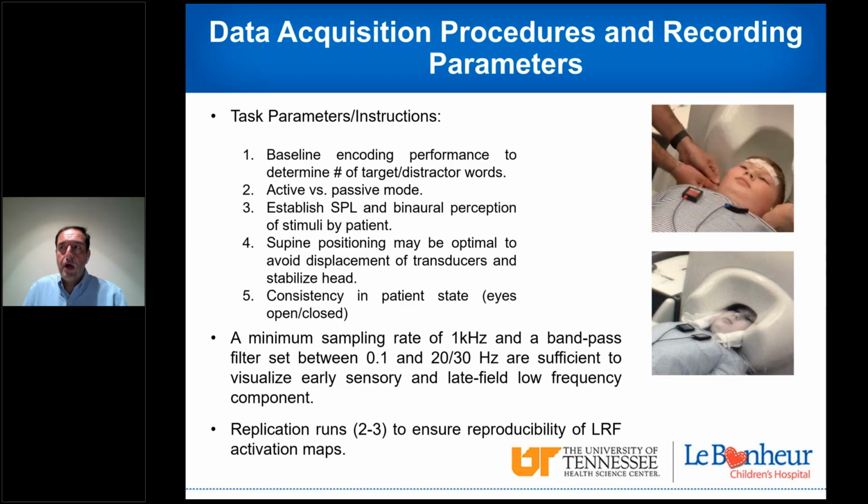Replication. So we attempt to do a minimum of 2, often 3, and sometimes more, depending on the level of cooperation and the neuropsychological baseline of the patient, to ensure that we have enough replications. Now, in the absence of a space occupying lesion, or no reason to think there's a shift in dominance or representation of language cortex, that might not be an issue. However, if there's reason to suspect that dominance might be mixed, it might be shifted to the traditionally non-dominant hemisphere,